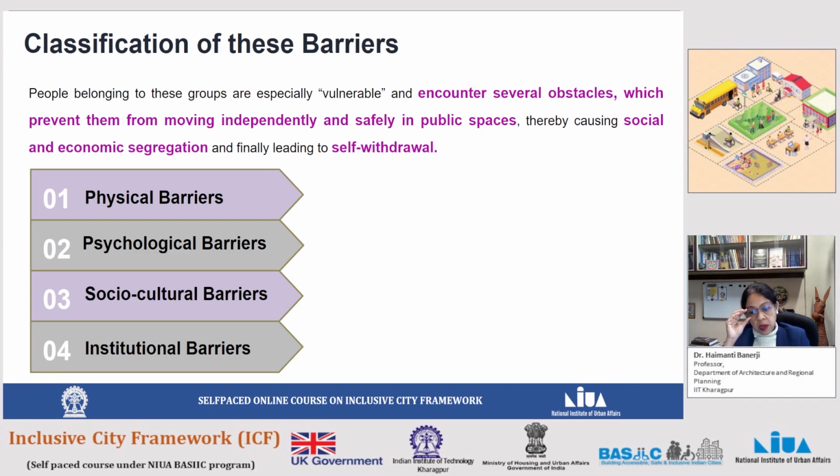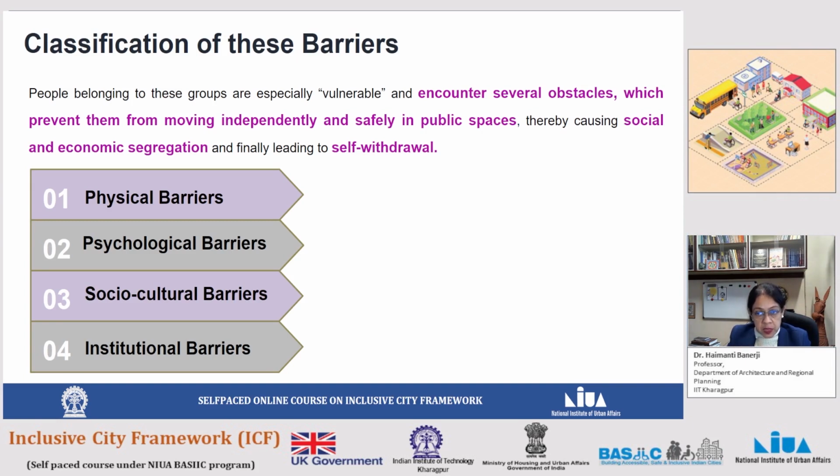Some examples are unsafe street crossing, inaccessible foot overbridge and subways, inaccessible toilets, absence of tactile guidance, lack of seating and public facilities. There are psychological barriers like fear of anticipated pain and discomfort in an outdoor environment, fear of being stampeded in a crowded situation, anxiety in an unknown place,